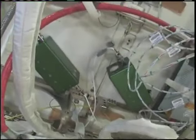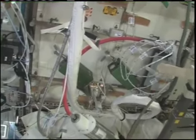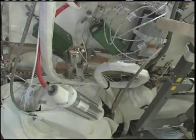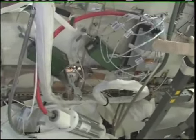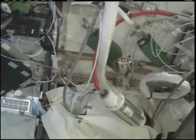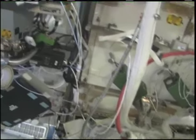and then it goes into the urine processing assembly, which is not working perfectly right now. So also, that's for the urine that comes from the Russian segment from our main toilet. But this other toilet that we just saw, the urine can come from there directly into here. It gets distilled and processed to pure water, which we can drink, or it can be made into oxygen or